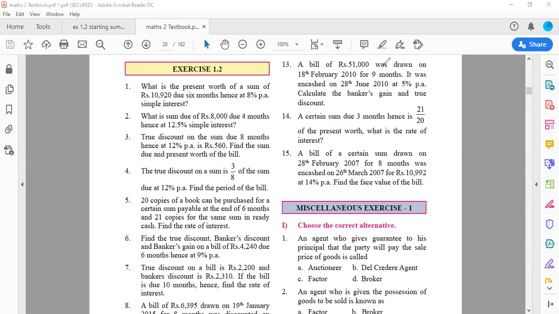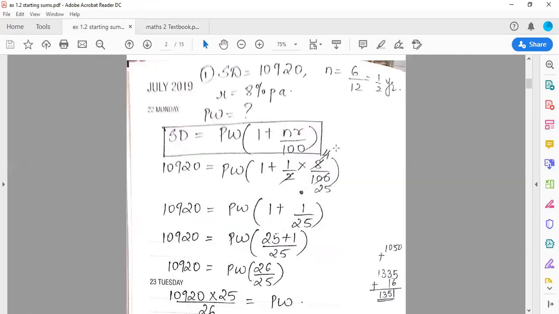So students, pay attention. Now, whenever these kind of sums come, always remember that we have to convert the months into years. ये चीज याद रखना. जब कभी भी आप PW, SD, BG, BD के sums कर रहे हैं, always convert the months into year. And how to convert it? अभी एक साल में 12 महीने होते हैं. So we'll be dividing the months by 12 in order to convert it into year. So here goes the solution.